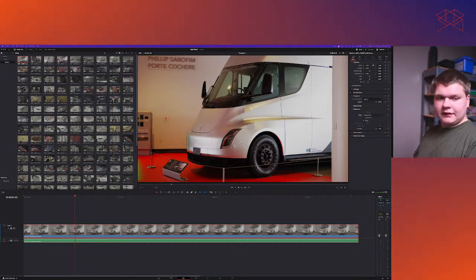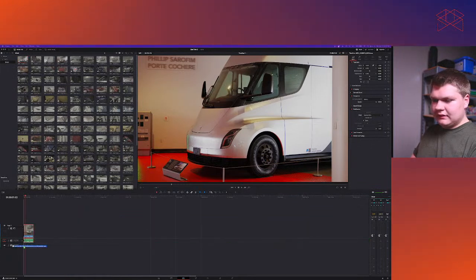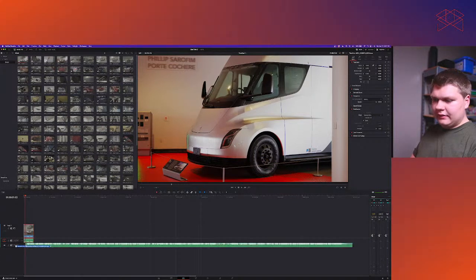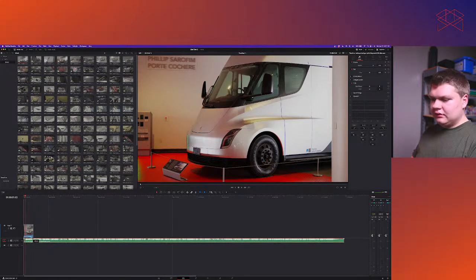Okay, found some music. I'm just going to drag and drop this music beneath that audio layer from the other video. I'm actually going to click on this, click on the link clips to unlink it, click on it, delete it, drag this up above it, and then click this